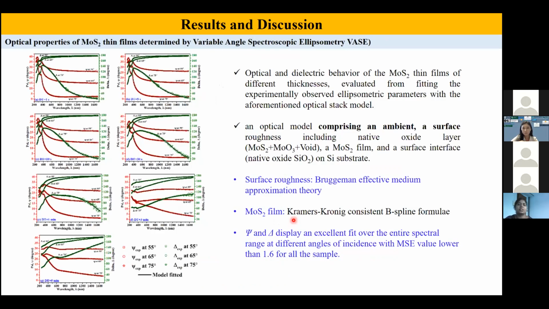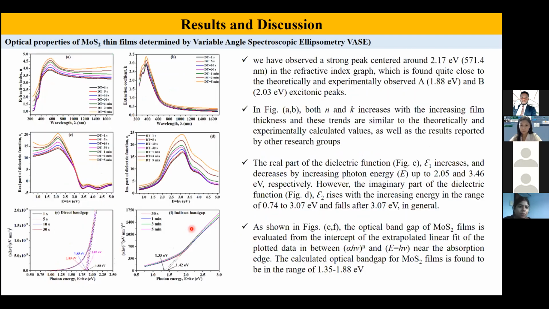And again, we studied the spectroscopic ellipsometry instrument. From this technique, we can evaluate the optical and dielectric behavior of any sample. For the MoS2 thin films, we determined the optical properties by fitting the spectroscopic ellipsometry data. These are the experimental data and the fitted data at different incidence angles. These are the fitting parameters we used during the fitting, and we obtained these optical properties. Here you see on the y-axis the refractive